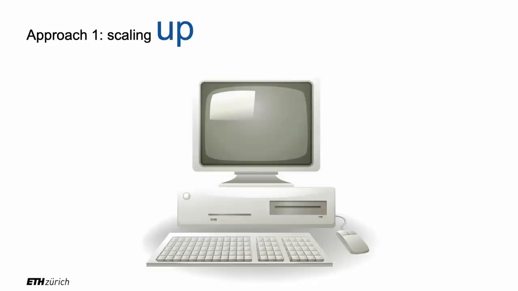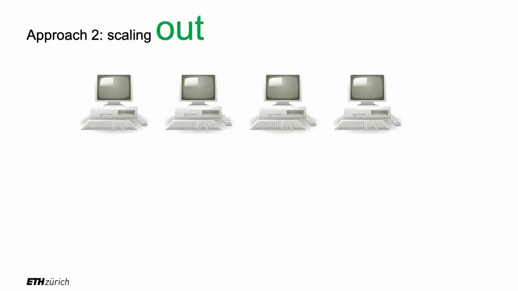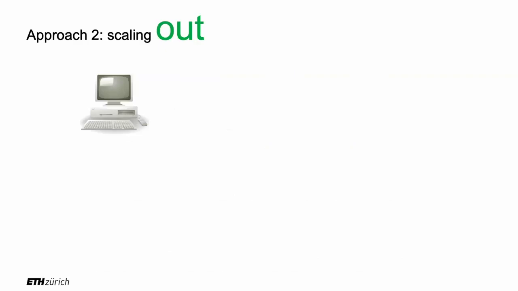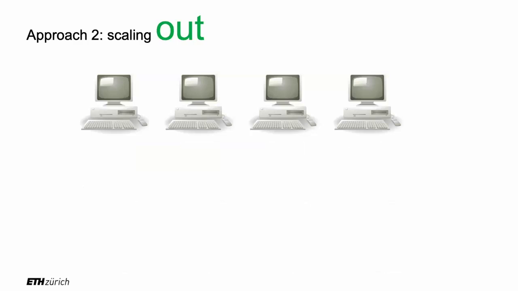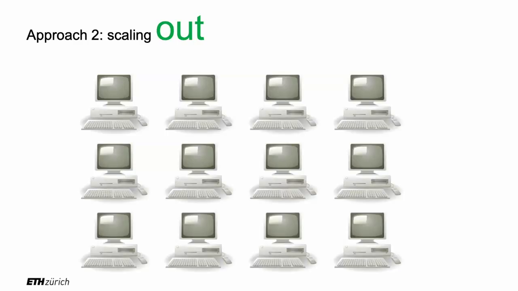So this is scaling up, this is scaling down. This is scaling out, this is scaling in, right? When you remove machines, scaling in. All right, and this approach scales linearly because every computer costs the same price. So if you want the total price, it's the number of computers times the price of a machine. Of course, it always has its limits because if you want 1 trillion machines, then probably you're going to hit the limits of the economy. But at the scale of a company, it actually works, right? So the marginal cost of a new machine is more or less constant. This is what we call scaling out.